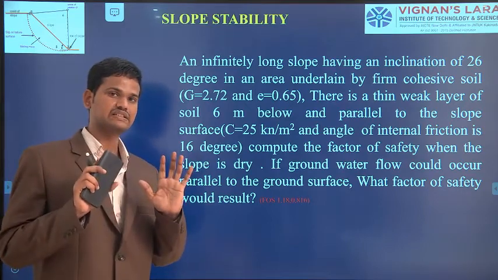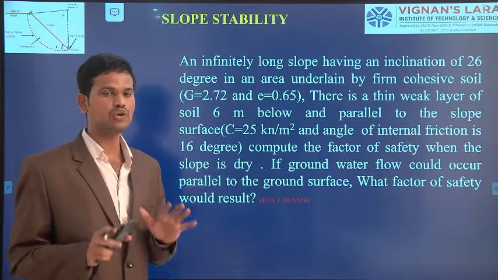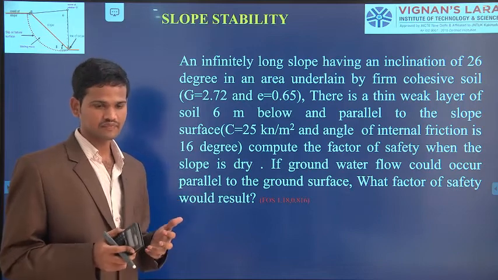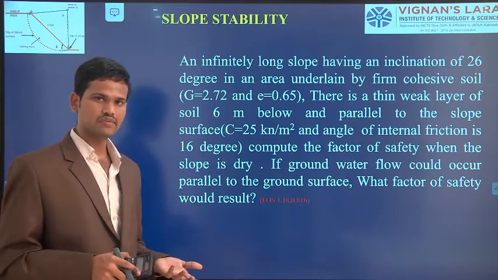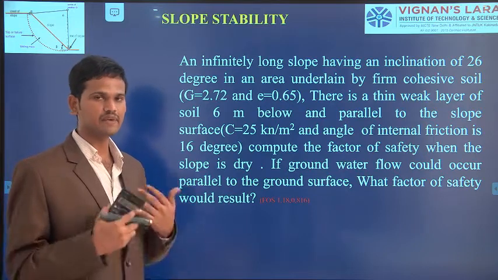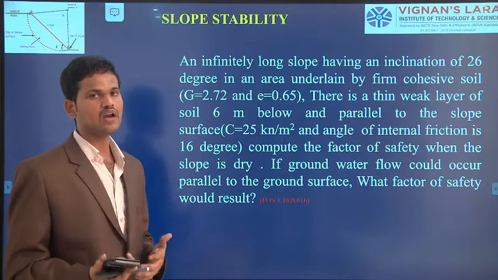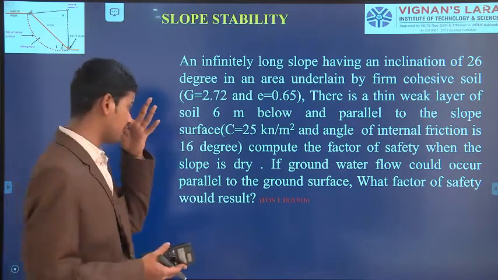Suppose it is a finite slope with purely cohesive soil. In those conditions we will use the steady circular method, or the standard method of slices, or the Taylor stability number. By using those concepts, we will carry out the stability analysis of slopes. It may be unstable, stable, or the safe angle of inclination. All that we will discuss by using Taylor's stability method.